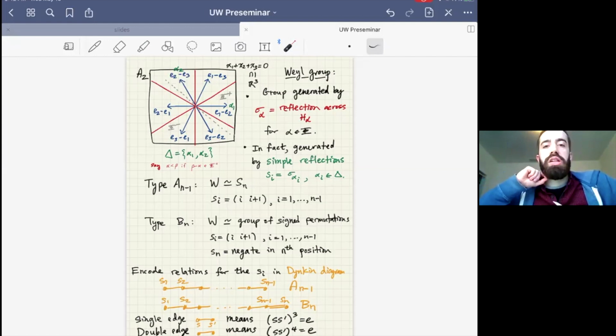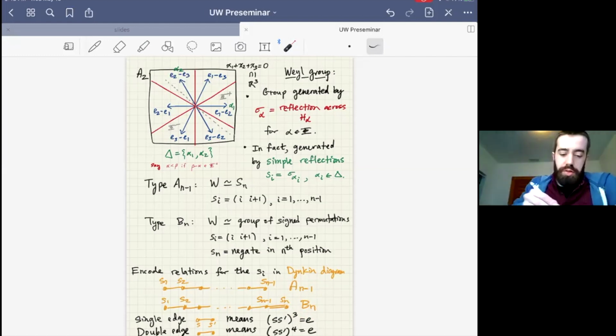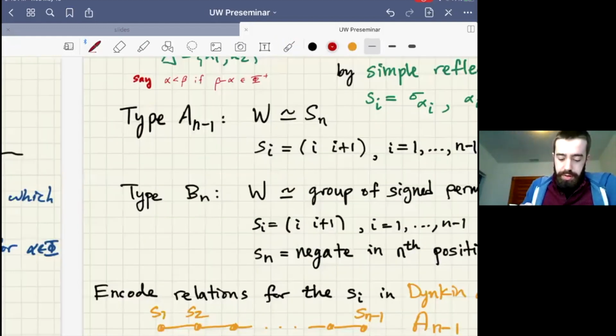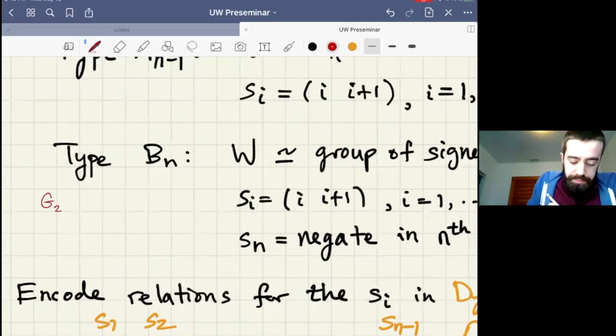then there's actually a classification of what are all the Dynkin diagrams. And there are single edges, there are double edges, there's, I guess, one example where there's a triple edge. And triple edge, strangely, means you have a degree 6 relation. So there is what's called type G2, which has